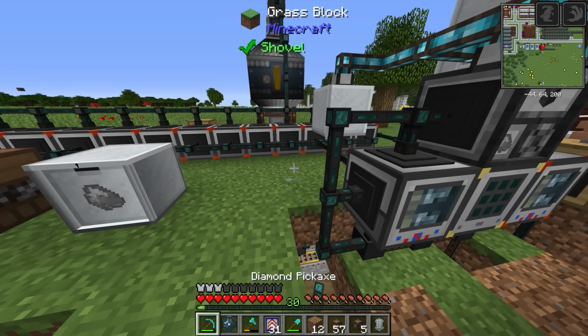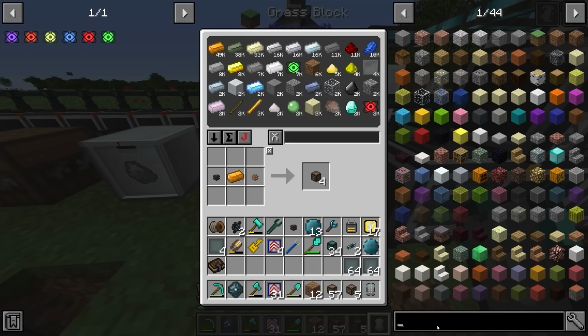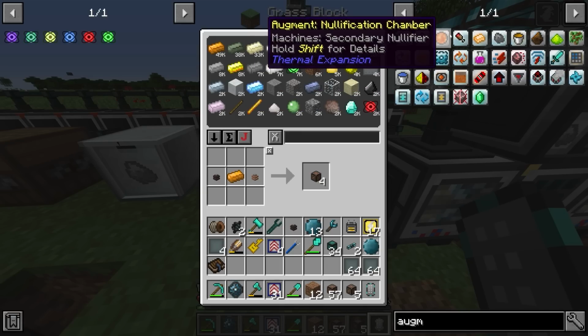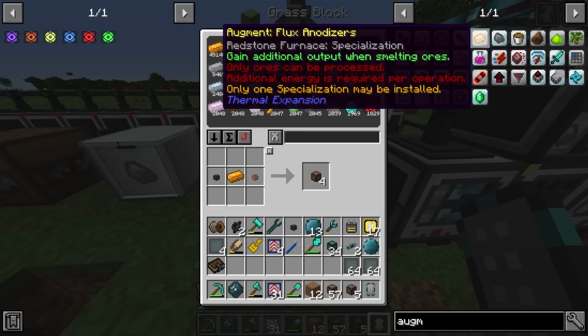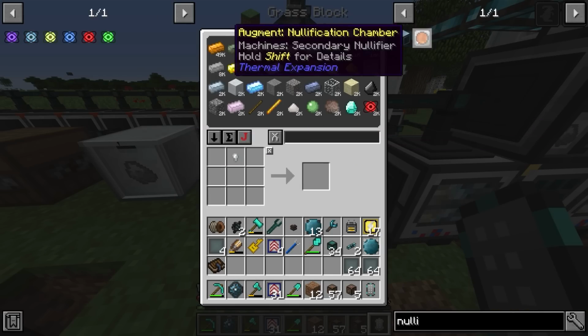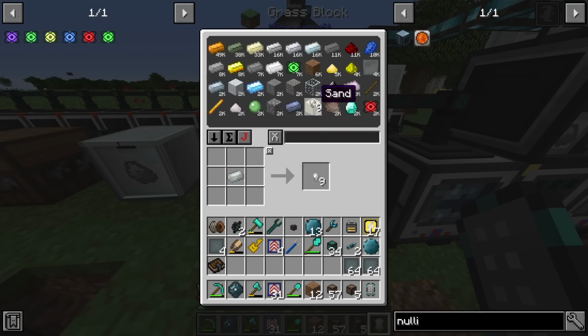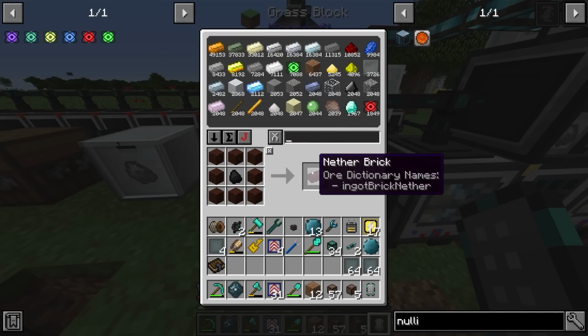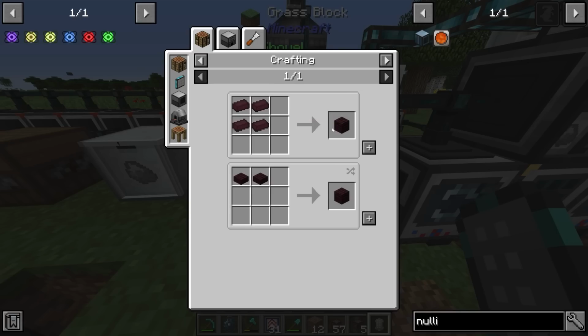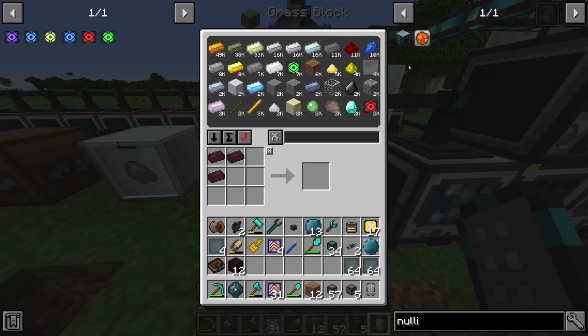although I think what we can probably do here is use the augment that allows us to delete the secondary products that are made, so that we just don't have to worry about the sticks at all. The nullification chamber is the one that we're after here. It does require some invar nuggets, that is completely fine, and a bucket of lava, which is also fine if we have enough nether brick, which we don't. That's completely fine though, because we can make more, because we've got loads of blast brick. That's good. So let's get more nether brick, and then let's get that bucket of lava,